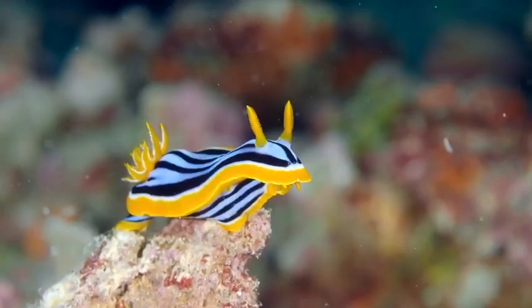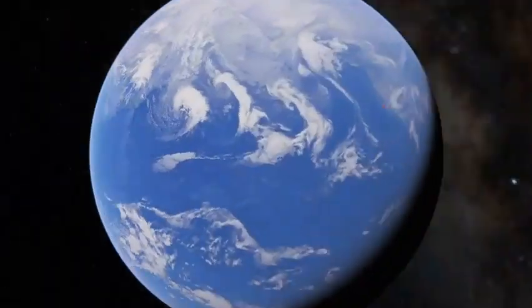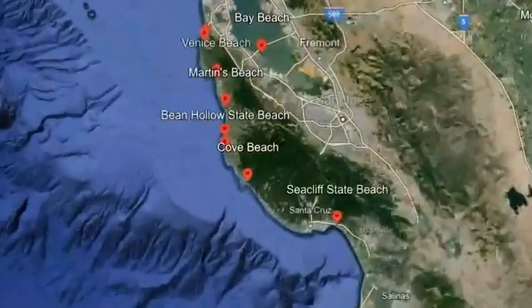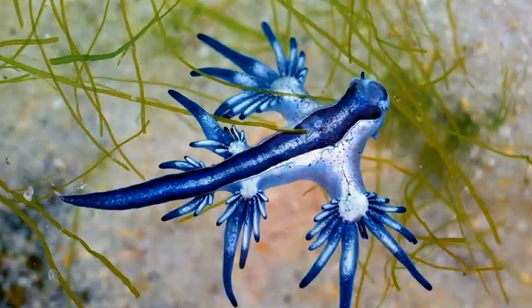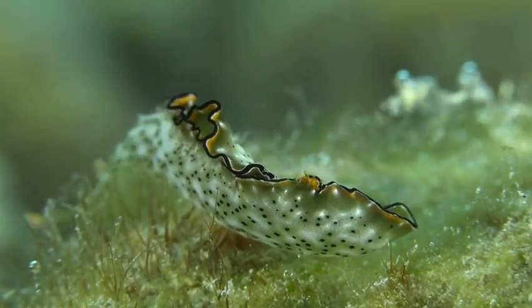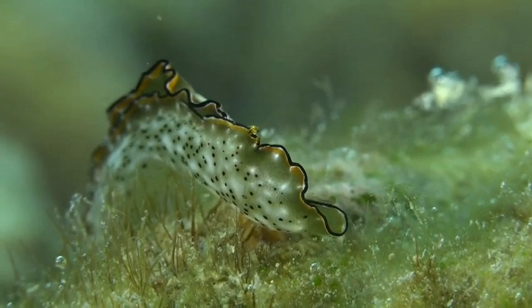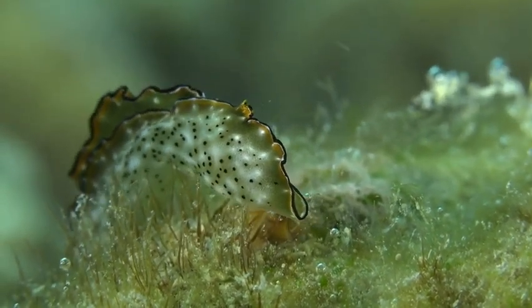Sea slugs play an important role as they limit the populations of poisonous sea creatures. So we have a tremendous variety of nudibranchs in California. And for temperate habitats, we have one of the richest abundances of nudibranchs in relatively cold water and of any place in the world. If nudibranchs started disappearing, it would change the whole balance of marine ecosystems, and you can't